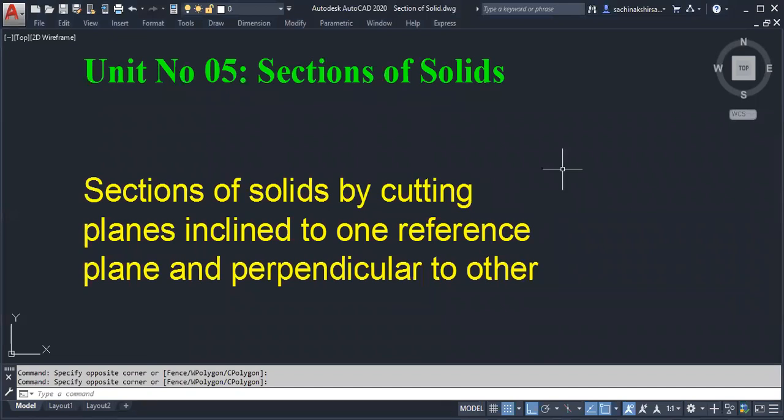Then line, afterward plane, after that solid. After that we have seen orthographic projection, different objects whose front view, top view, side view, etc., we have drawn.